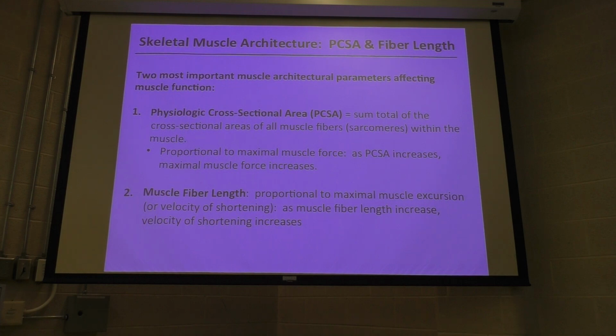Okay, this is fiber 1, fiber 2. Based on what we said, which set of sarcomeres is going to contract faster? The lower one. All right. Do the sarcomeres actually